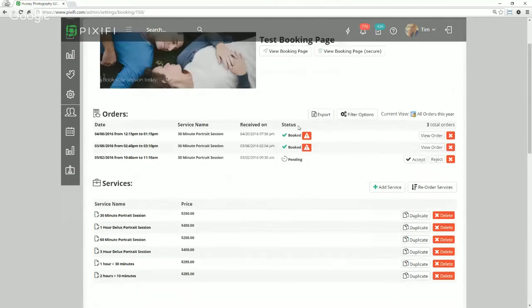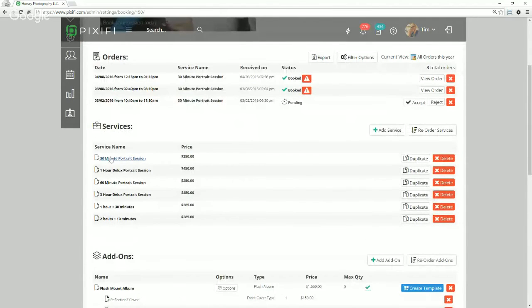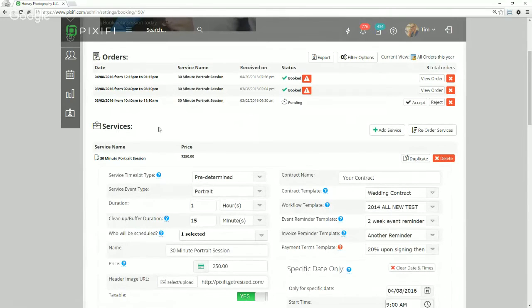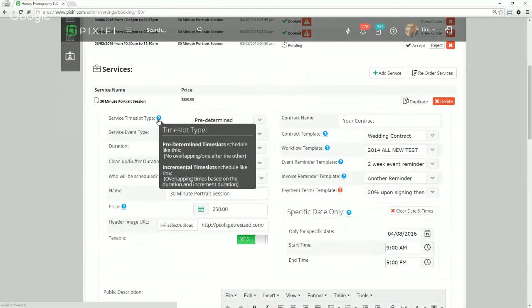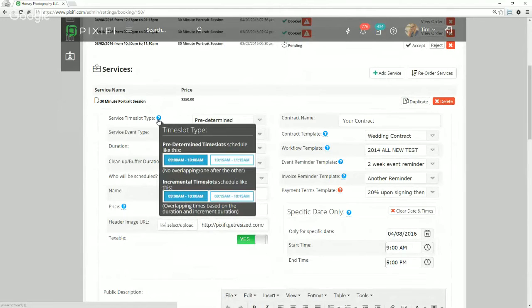All right, so here on my booking page, I've added a whole bunch of different services. A service is just the type of event that I want them to be able to book. And then there's these 2 different time slot types. This little help tip will show you the difference, but I'm going to actually visually show you since